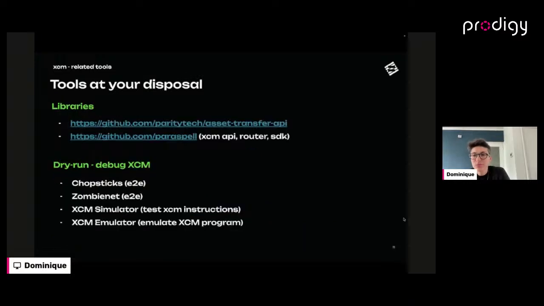So apart from these tools, there are also libraries. One really important one, also built by the team I work with right now, is Asset Transfer API. This is a great way to start. I mentioned the Polkadot wiki and the resources that you can check, but let's say you don't check anything else, or very little, then you can just go directly to this repo, check the examples, the README, and you can actually execute, like construct